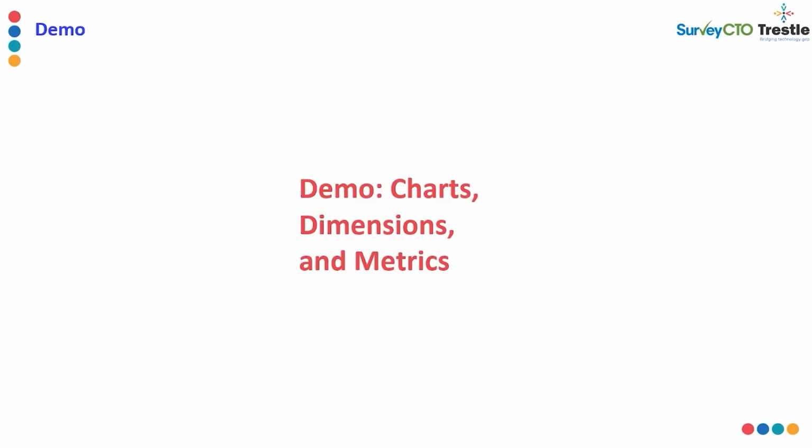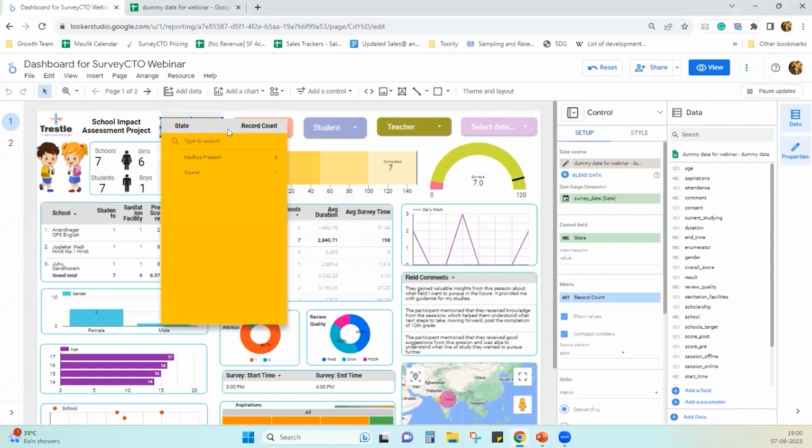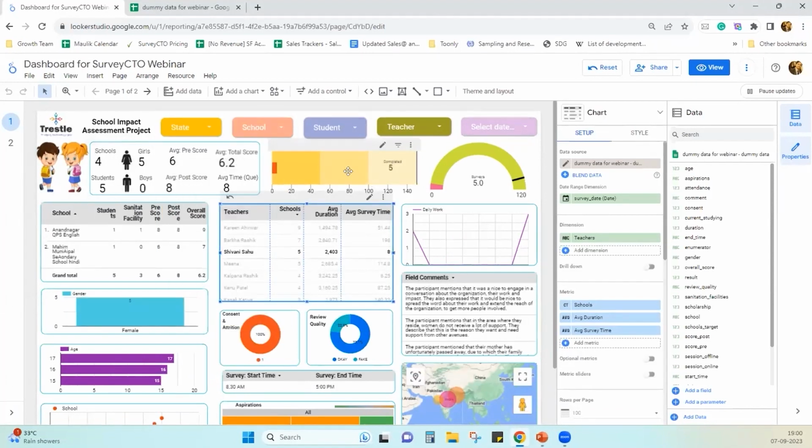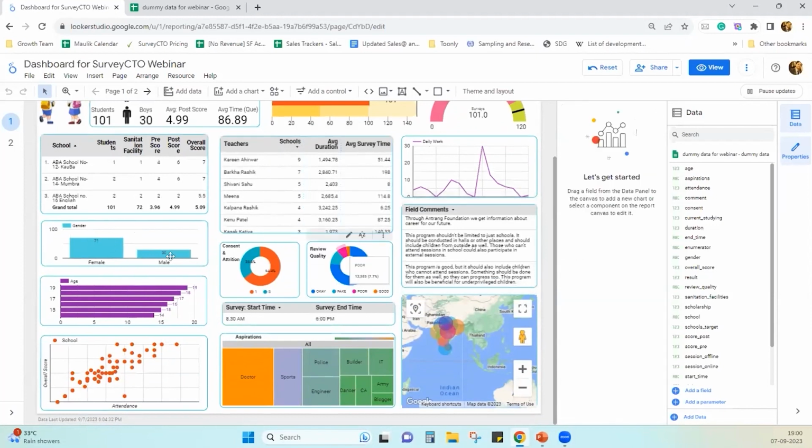Now let's quickly jump into how this looks and how easily you can do this. So let me share my screen again on the dashboard. As you can see here, these are the score charts that I have used. This is the bullet chart, this is a gauge chart, this is a time series, this is the open field, then these are the donut charts, the bar charts, the horizontal bar charts, this is the scatter chart, and this is the tree map chart.